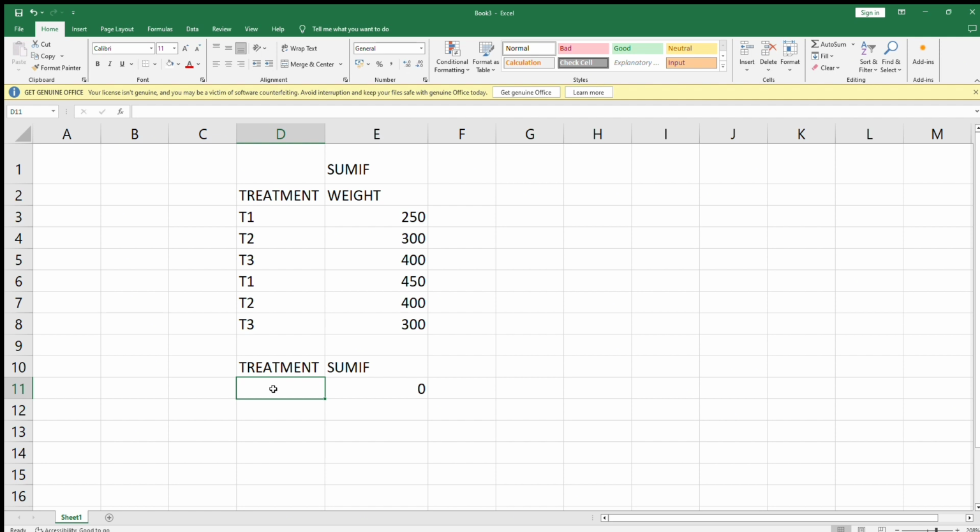So if you are looking for the SUMIF of treatment 1, it will automatically put the answer. Second is treatment 2, let's put that, then treatment 3. Then to calculate automatically the answer, just click the first cell, then expand the range, so it will automatically get the answer, 700. So our research is significant because they have the same